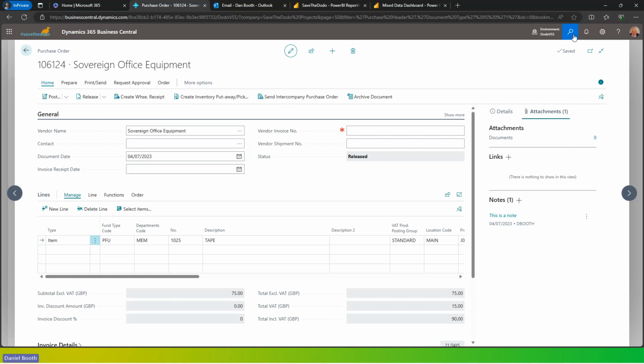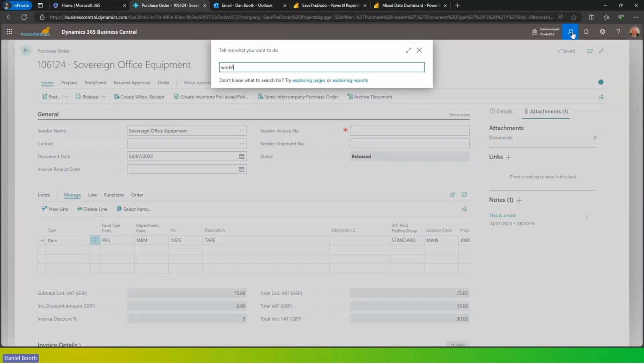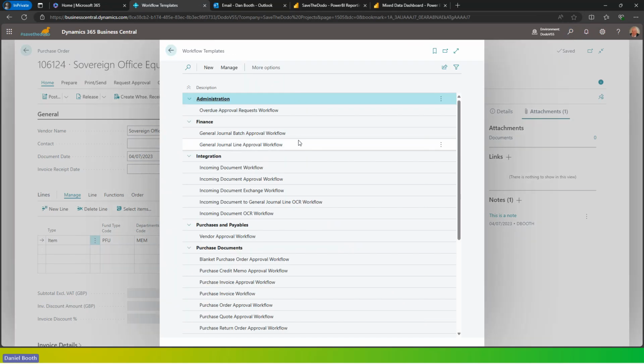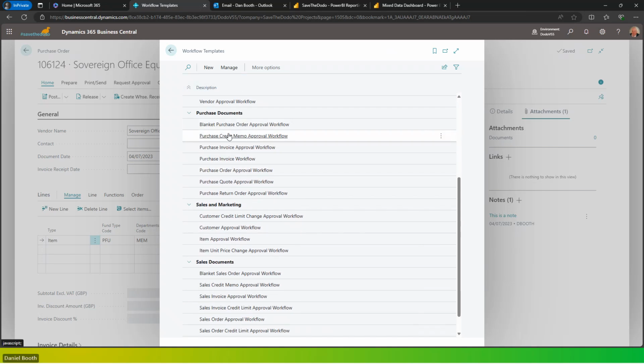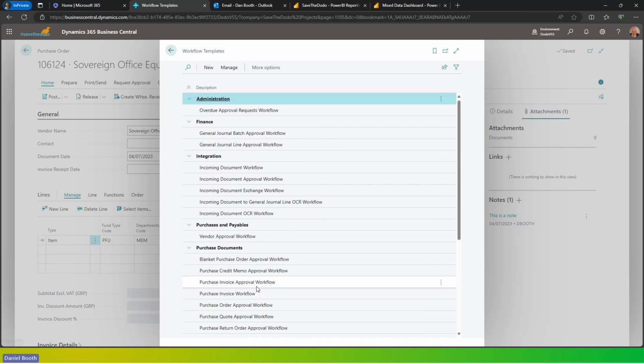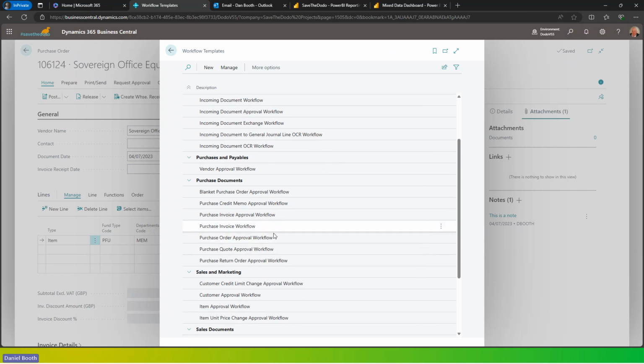We've got workflow controls. So if I just use a global search, which will become your favorite friend in Business Central, if I just type in workflow templates, we haven't got to create workflow templates. All we have to do is configure them to be what you want them to be. So these are the standard workflow templates in the system. Purchase orders, purchase quote workflows, customer approvals, item approvals, sales quotes, sales invoices. We've got all these standard workflows in the system that actually, if I go into a purchase quote approval workflow template